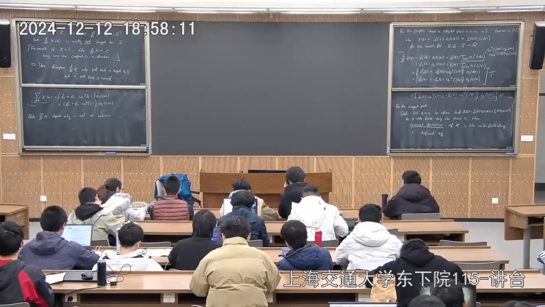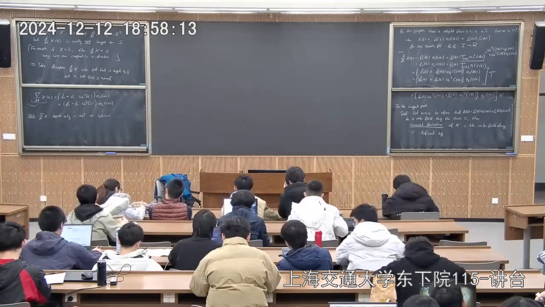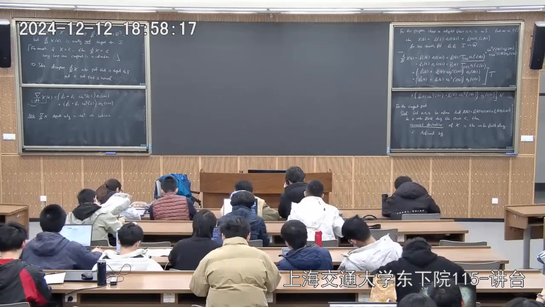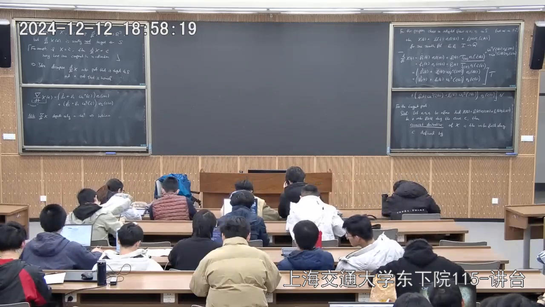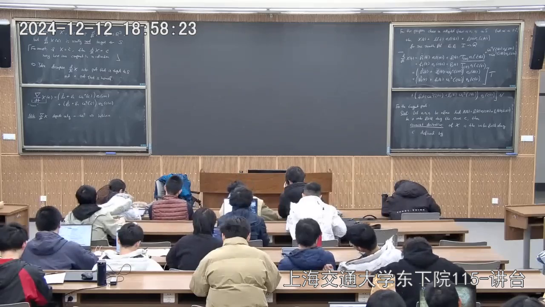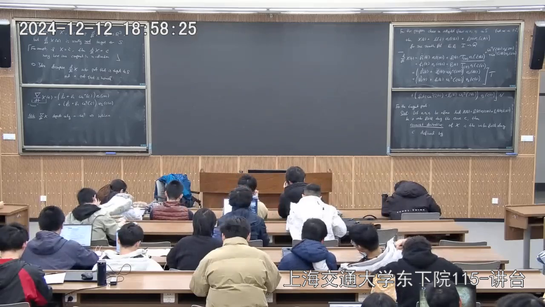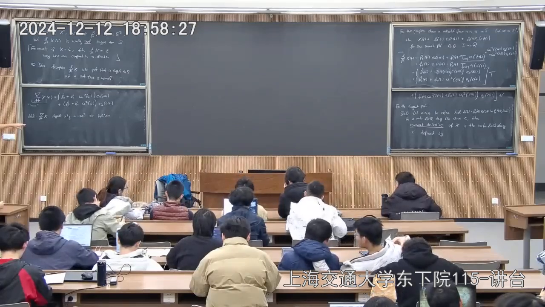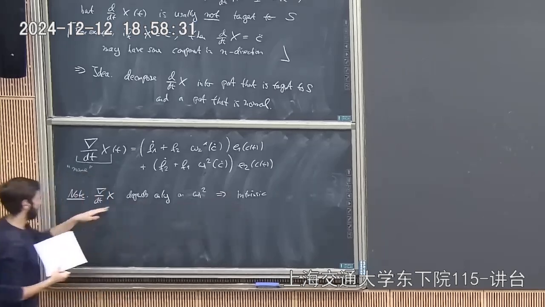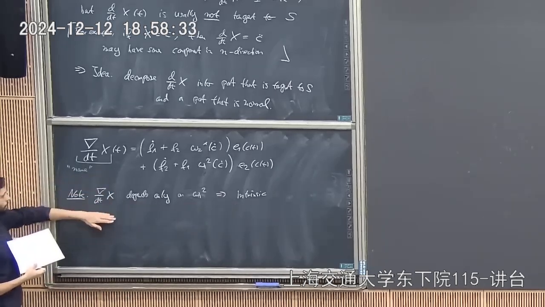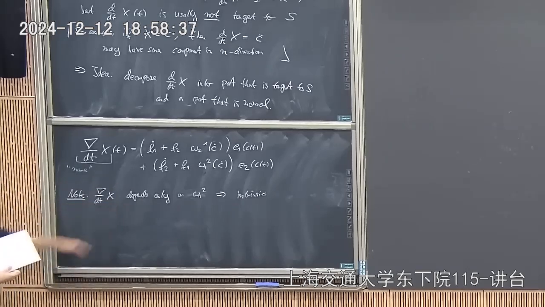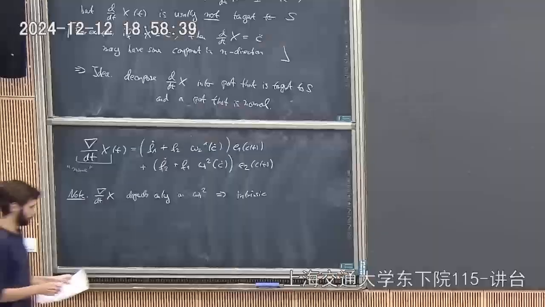The thing that ants living on the surface, if they see a vector field along a curve, how can they measure how these vectors change? Well, they can't jump in the normal direction, so they can't measure the normal changes, but they only will measure some change of the vectors, and that gives them a vector field again, and this one is denoted by d/dt. So that's exactly the intrinsic change of